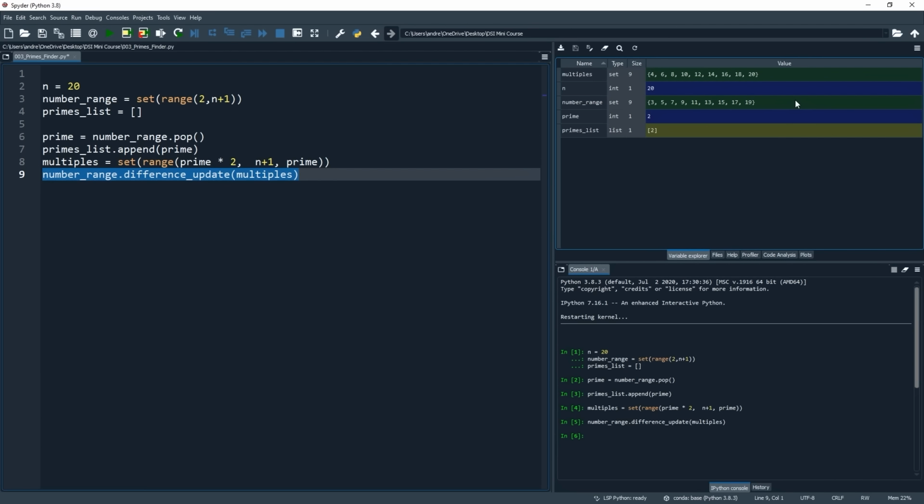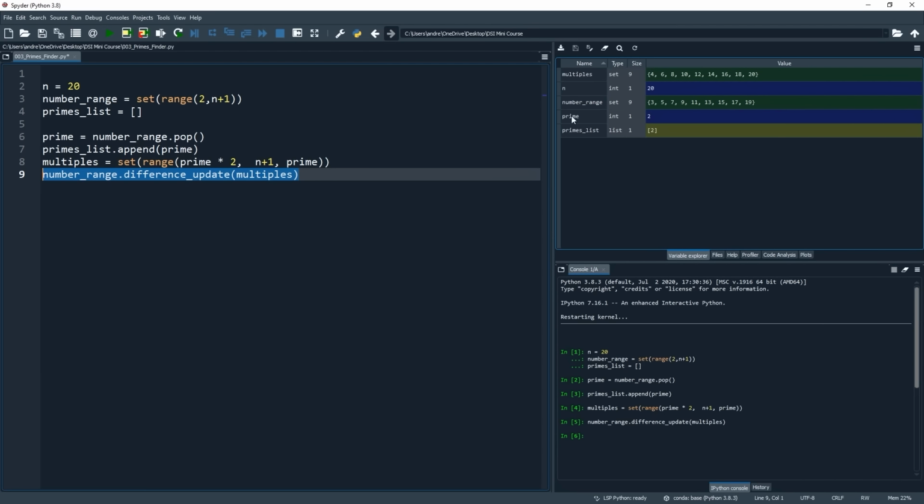And let's stop and think about this for a second. This is quite amazing. We've just made a massive reduction to the pool of numbers that need to be tested as primes. So from a processing point of view, this is super efficient. It also means that the smallest number that remains in our number range object is a prime number, as we know nothing smaller than it divides into it. And this means we can run all of our logic again from the top.